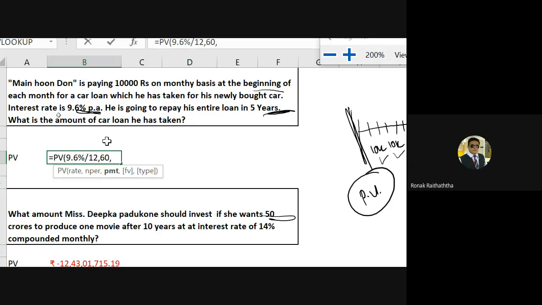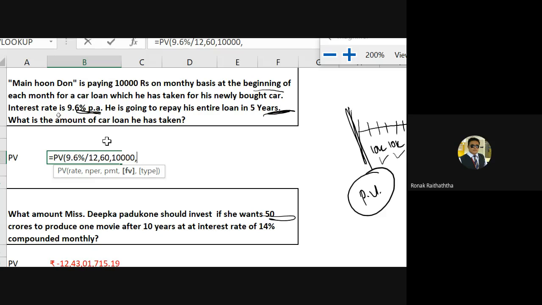So installment amount, it's nothing but the annuity, right? Why is it an annuity? Because 10,000 rupees is paid in each and every month. But we are finding the present value of annuity. If this would have been the investment, then we would have been finding the future value of annuity. PMT shall be 10,000,